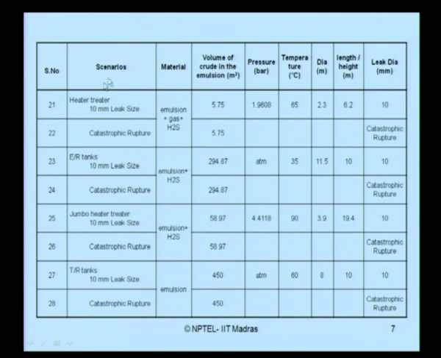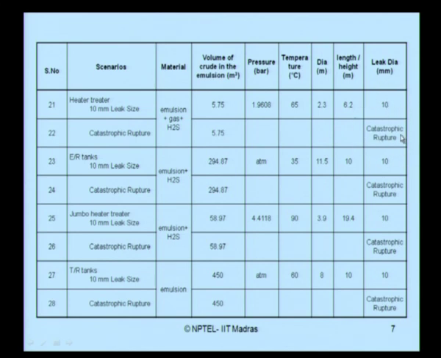Now the material being stored in these tanks is emulsion plus gas plus hydrogen sulfide. The volume they are handling is about 5.75 cubic meter per day, the pressure is about 1.96 bar at a temperature of 65 degrees Celsius. The diameter is about 2.3 meter, that is the diameter of the heater treater tank, the length and height of the tank is about 6.2 meter, and the leak diameter I am looking at is a 10 mm diameter leak